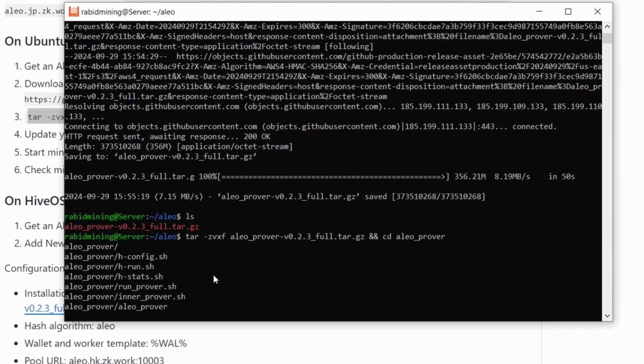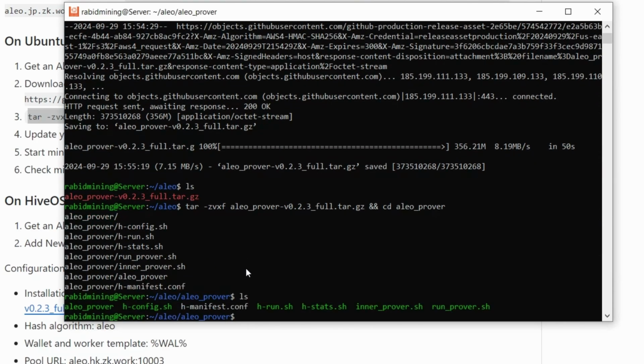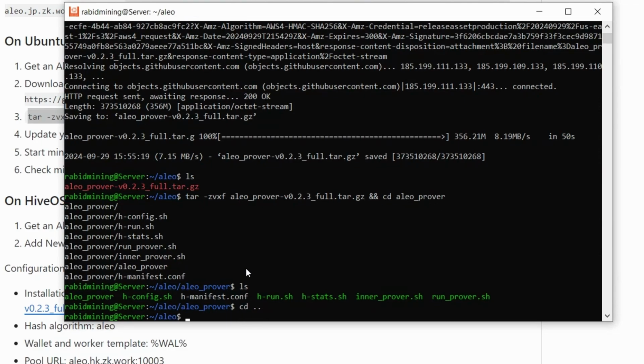So now it's unzipping everything. We'll wait for it to finish, shouldn't take too long. We're going to ls here, so now you can see it has everything. So now I'm going to go cd space period, and we're going to go back one actually, and you can